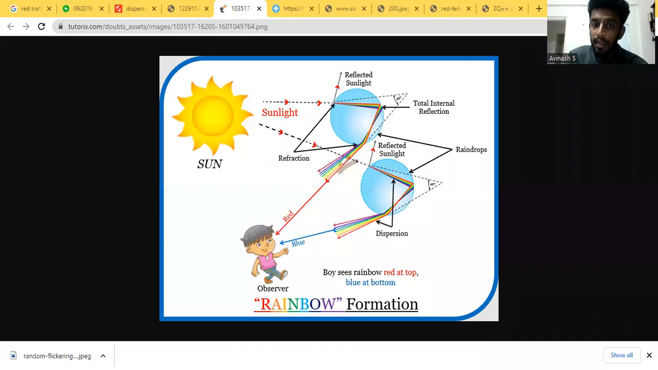For example, the red color is coming from this raindrop, but the blue color is coming from this raindrop. You can see clearly from the diagram. So the previous slide was just to show how a rainbow is formed, but in actuality, you have much more raindrops contributing towards a rainbow. So this is something that we need to